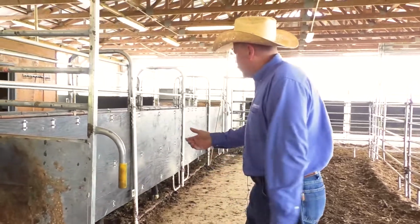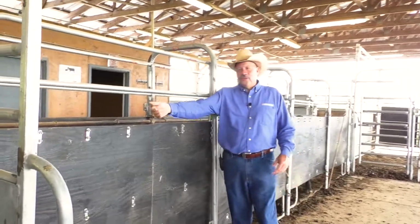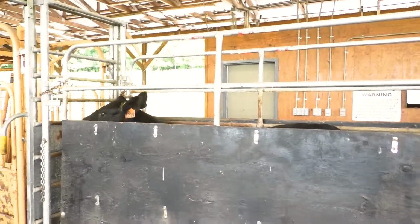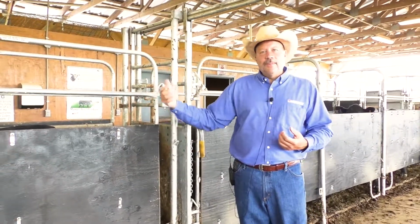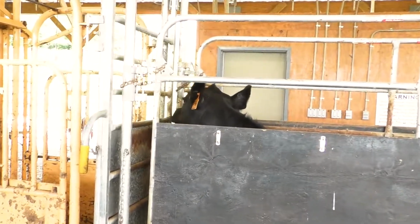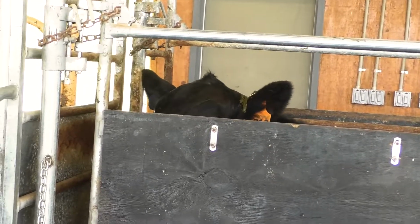And again, we just want to utilize that pivot point, which is their shoulder. We walk behind the shoulder, that makes her move forward, and I don't really even have to touch her to get her to do that. Now we have this heifer confined. Many people will have a weigh scale right here prior to the squeeze chute, and if we've handled cattle in a low stress way, you see how calm she stands, and then she can be weighed without a lot of different movements and things. That lets those scales settle quicker,